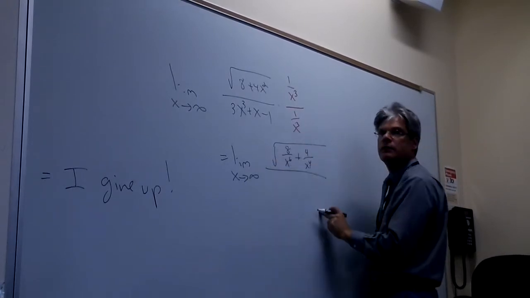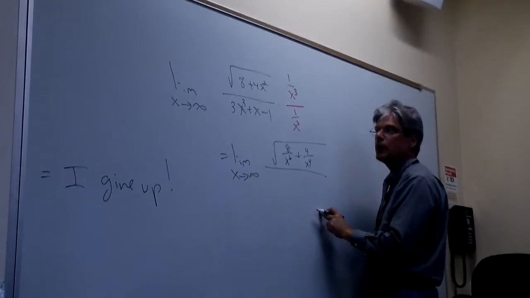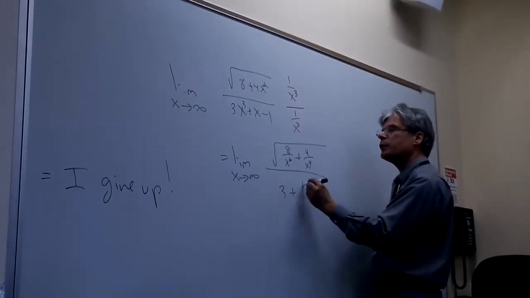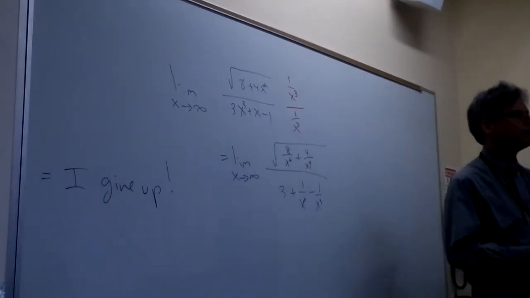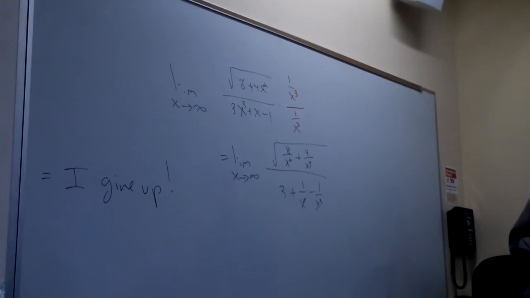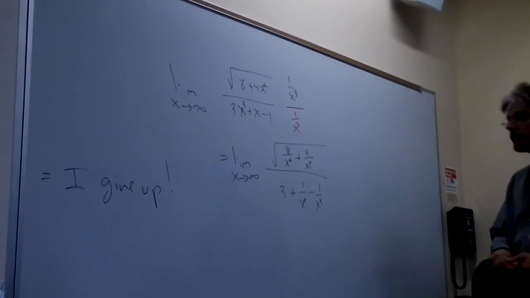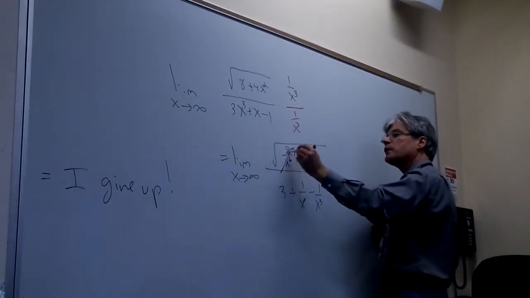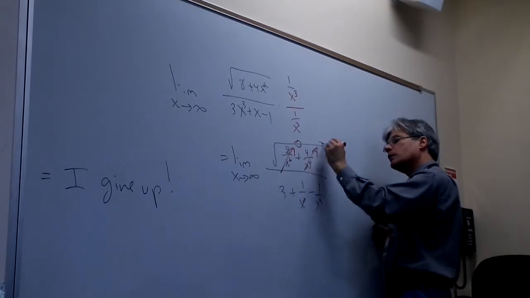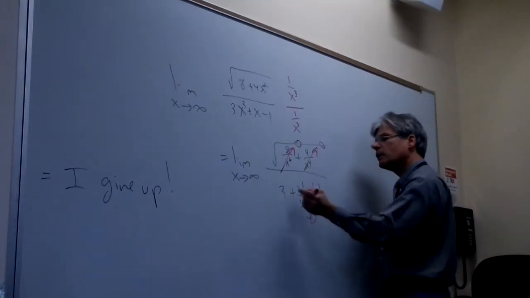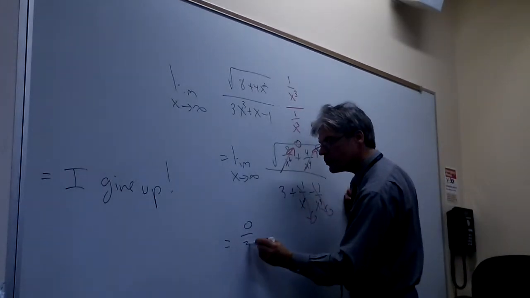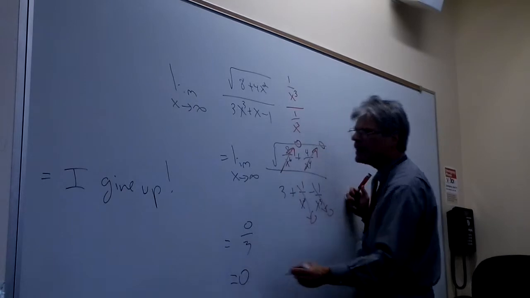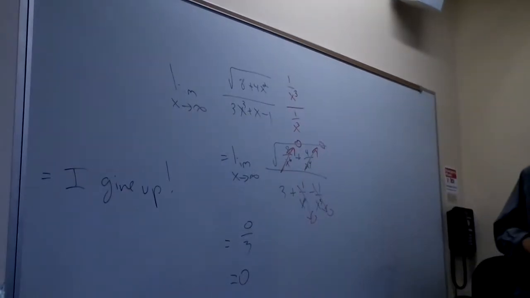You guys be honest. Yes, I see that. All over 3 plus 1 over x squared minus 1 over x cubed. Ah, shoot, that's no longer L'Hopital's rule. I think piece of cake, when I evaluate this limit as x increases without bound, this term goes to 0, goes to 0, goes to 0, goes to 0, and this stays. And so I think in the end, I'm merely left with 0 over 3, which by the way is 0. I do think this is an example where repeatedly applying L'Hopital's rule is just not allowing me to